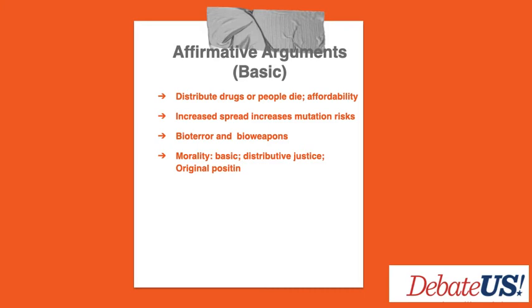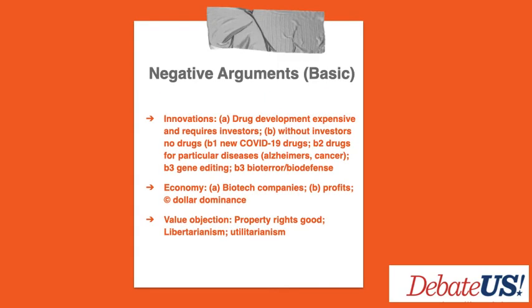John Rawls, who's a philosopher, the idea behind the original position is that if you knew you were going to be born, but you didn't know what social class you would be born into, what kind of policies would you want there to be in the world? And you could make the case like, well, I'd want to make sure that I had access to this drug.